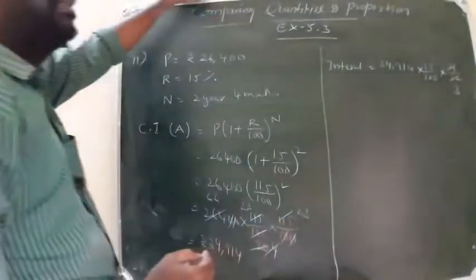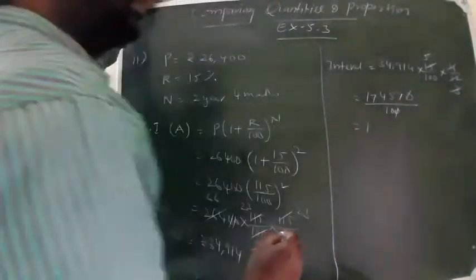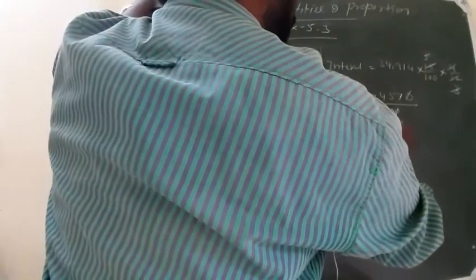3 times. So it will cancel 3. Directly here go no 5 times. So you have to 5 into this one. 5 4 jar 20, 2. 5 1 jar 5 plus 2, 7. 5 9 jar 45, 4. 5 4 jar 20, 24, 2. 5 3 jar 15, 17 by 100. Zeros cancel. 1745.70. This is only interest for 4 months.